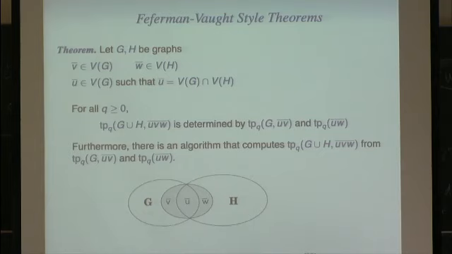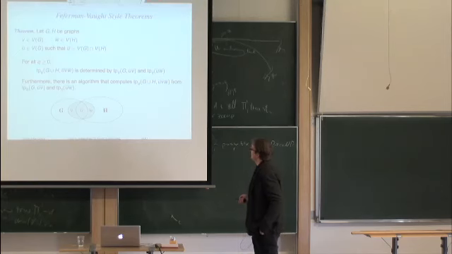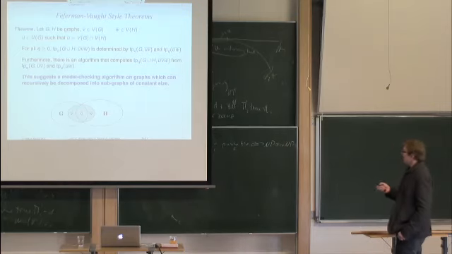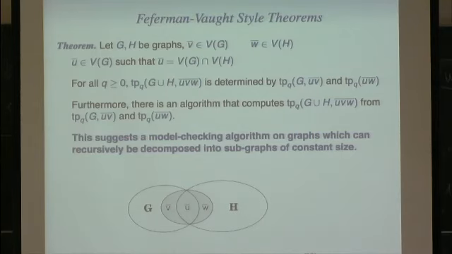And this is effective. There's an algorithm that computes this type from the previous types in two subgraphs. So that's the composition method we use here. And if you look at this, basically what it suggests is a model checking algorithm on graphs which can be recursively decomposed into subgraphs of constant size. Because obviously the full MSO type of a constant size graph you can just compute. It's constant size, you can do anything on it. And then you can use this theorem to combine them to larger graphs and so on,